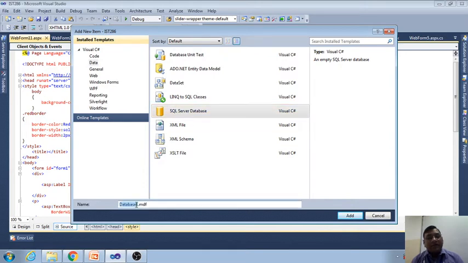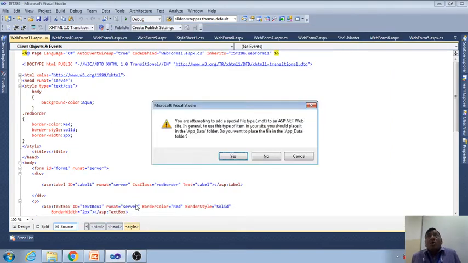Take a look again. Go to the project, Add New Item, select Data, choose SQL Server Database, and if you want to write a name, you can write the name. If you do not want to write a name, leave it. I want to write the name college, COLLEGE, and click the Add button. When you click the Add button, this small window appears. In this window they are saying that you are attempting to add a special file, .mdf, to an ASP.NET website.